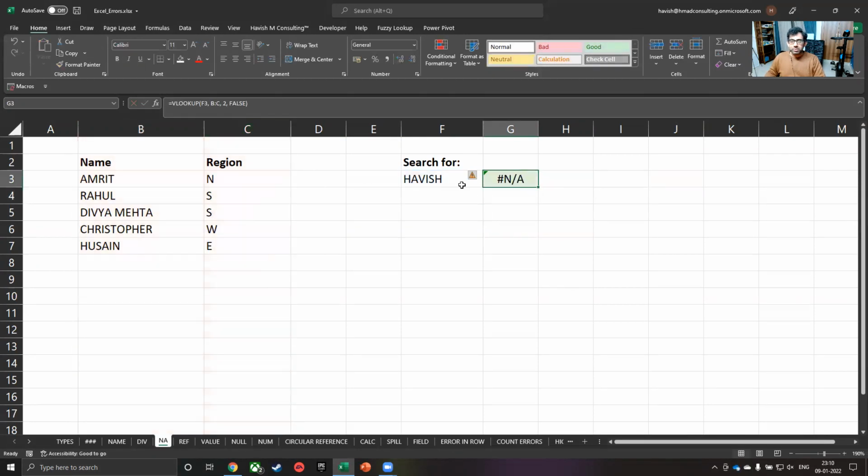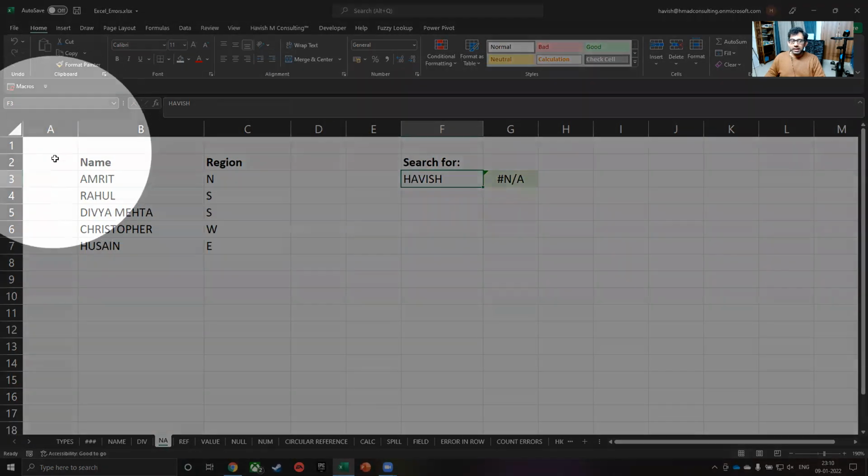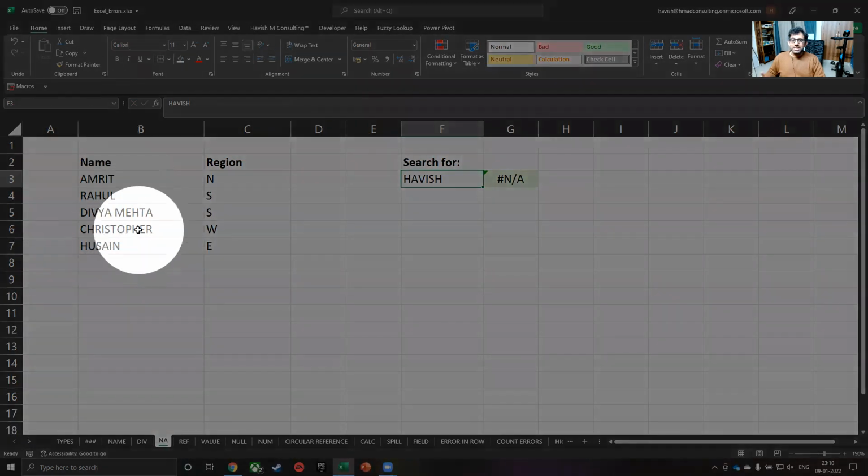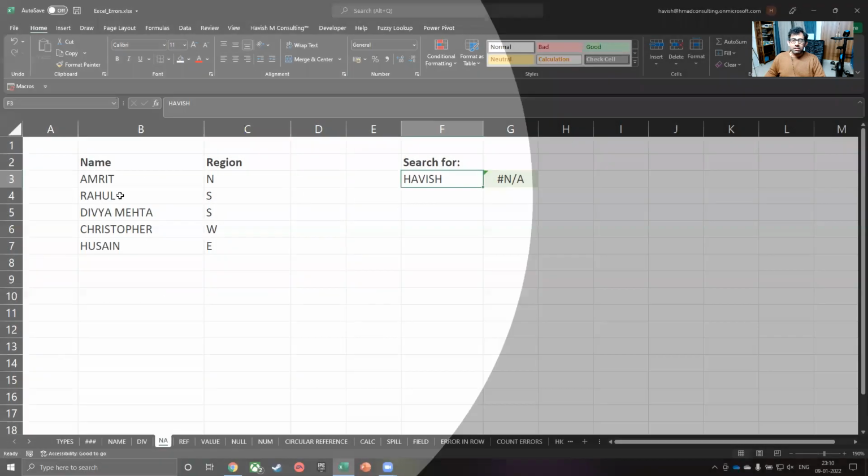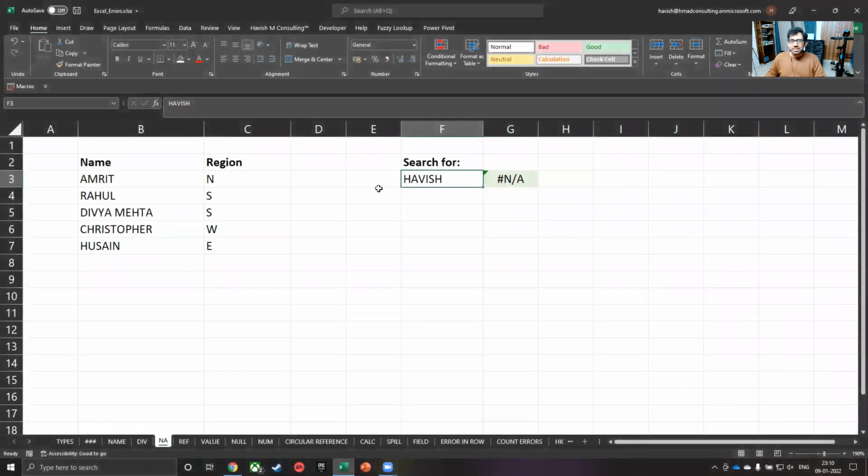It gives me an NA because the name doesn't even appear in the data. So this is Excel's way of telling you that because the name does not even exist in the database, of course, it's going to give you an error.